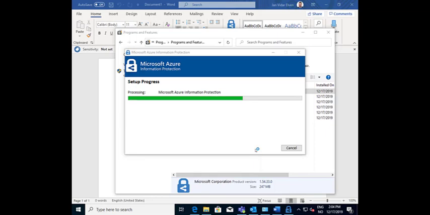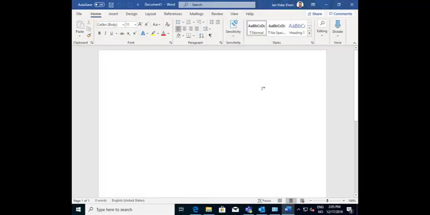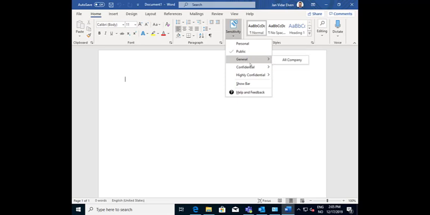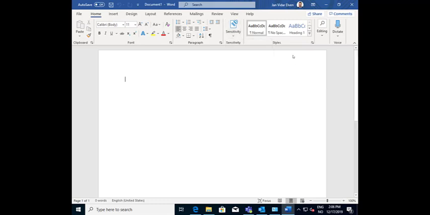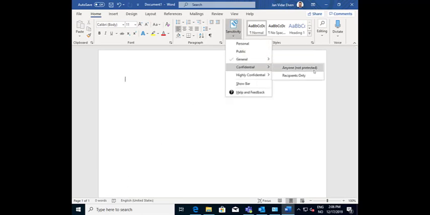And now there will be a pause in the video as well, and then I will install the unified labeling client. And then after installing the unified labeling client, now I have the sensitivity button back. But now you can see that it only pulls the labels that are published in the Office 365 Security and Compliance Center. So if I now select, for example, all company, I can select that. It's just protection without a label without protection,